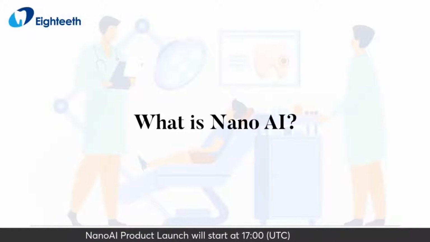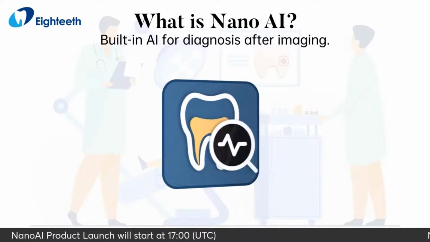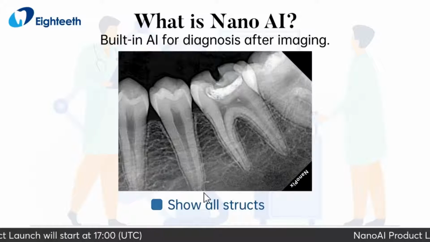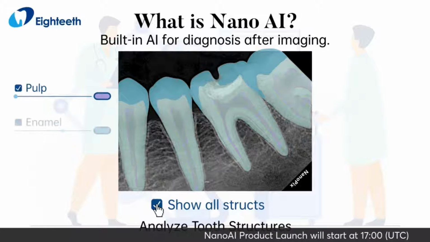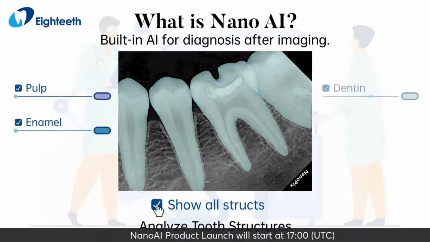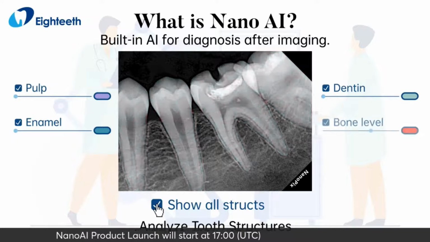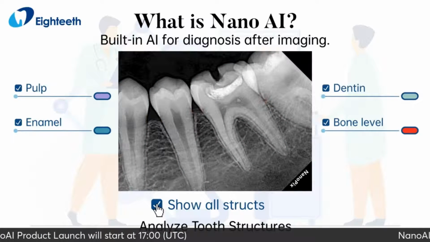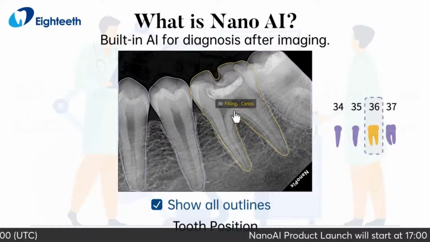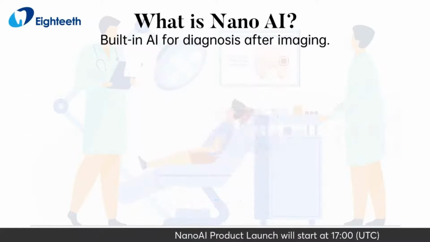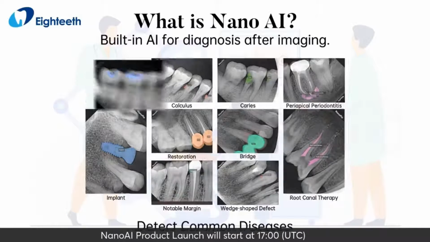What is NanoAI? It's built-in AI for diagnosis after imaging. It can analyze tooth structures, including pulp, enamel, dentin, and bone level. It also can analyze tooth position and detect common diseases like filling,